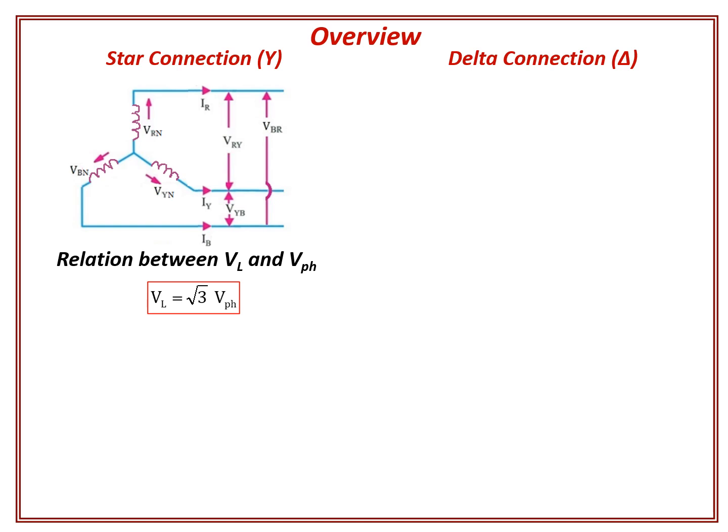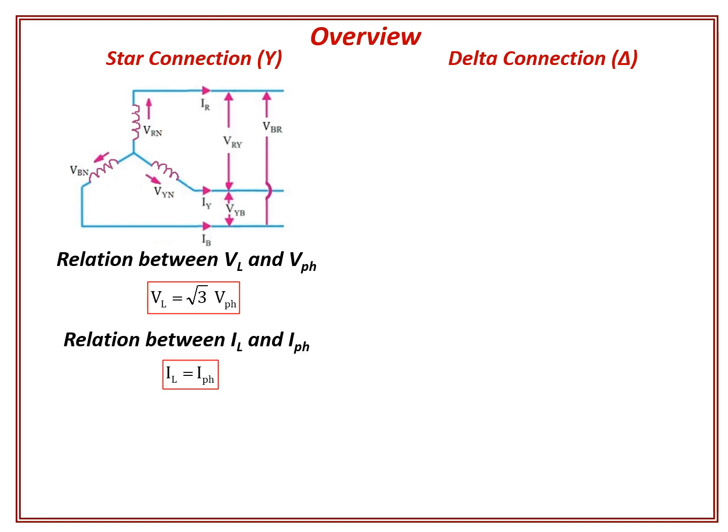In the previous lecture, we have seen that in a balanced star-connected system, line voltage VL is equal to root 3 times phase voltage V phase. Here note that VL represents the magnitude of line voltage. In a balanced three-phase star-connected system, the three line voltages are equal in magnitude but displaced from each other by 120 degree. Since the magnitudes of the three voltages are the same, it can be represented using a simple notation VL. Similarly, V phase represents the magnitude of phase voltage. The three phase voltages are also equal in magnitude and displaced from each other by 120 degree.